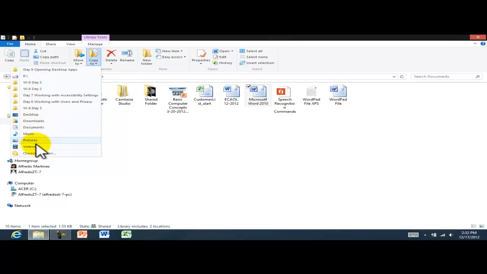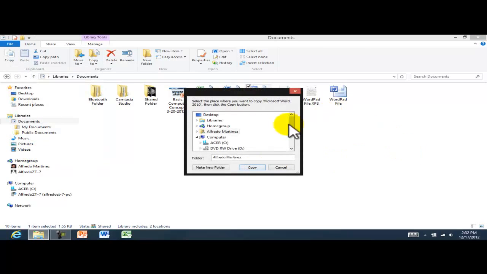This way is going to be too long, because I want to move that one into the shared folder under Documents. So I'm going to have to open Libraries, then Documents, my documents, and from there look for the shared folder,